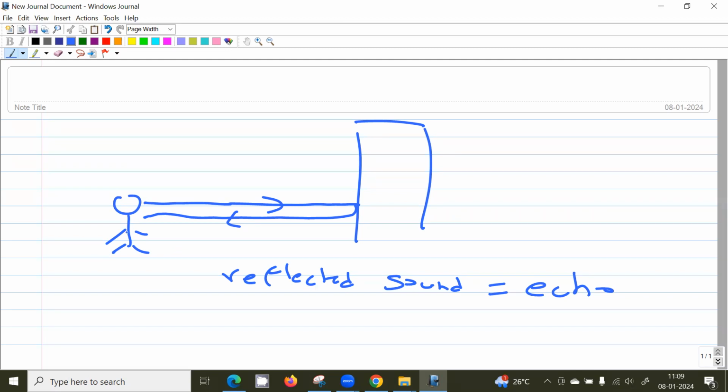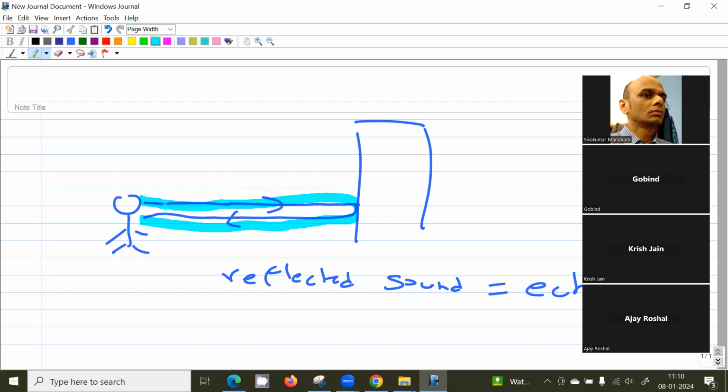First, the person is clapping, so he'll hear one sound because of that. Second sound he'll hear because of the reflected sound. The sound is traveling like this, and then it's coming back. So this second time when he hears the clap sound, he's only clapping once. So first, when he's clapping, he'll hear that sound. Second time he'll hear when the sound is getting reflected by the distant object. It can be a wall or a mountain. Okay, so using this time between the two sounds, we can find the distance between the person and the building.